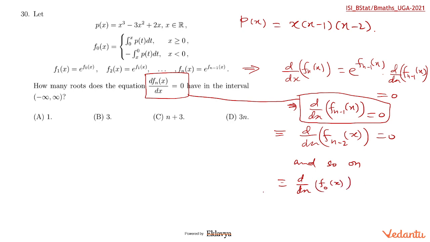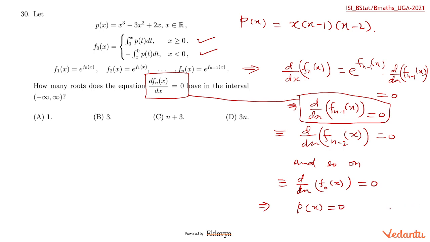And what is derivative of f naught x? f naught x का जो derivative है by simple Newton-Leibniz rule, differential and integral sign, in first case and in second case, आप देखें इसका जो डेरिवेटिव है वो सीधा px आ रहा है,